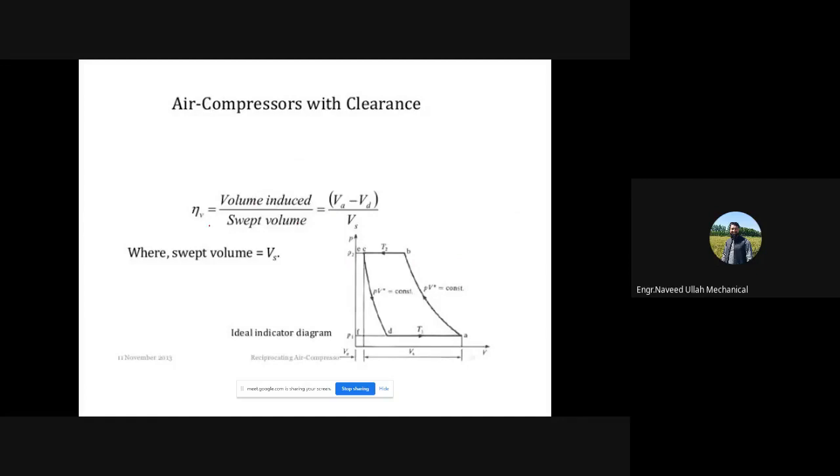तो इसके दो किस्म के फार्मूले हैं, अच्छा, दो तरीक़ों से हम इसको कह सकते हैं, एक तो वॉल्यूम डिलीवर्ड बाय स्वेप्ट वॉल्यूम, और दूसरा वॉल्यूम इंड्यूस्ड बाय स्वेप्ट वॉल्यूम, ये भी आप कह सकते हैं, ठीक है. तो वॉल्यूम इंड्यूस्ड ये क्या है, VA minus VD divided by swept volume, right. अच्छा, ये मैंने आपको बताया था कि ये स्वेप्ट वॉल्यूम को और टोटल वॉल्यूम को हम फाइंड आउट कर सकते हैं आसानी से,